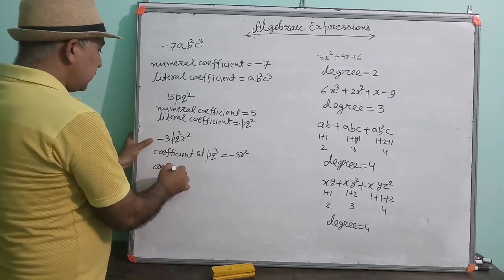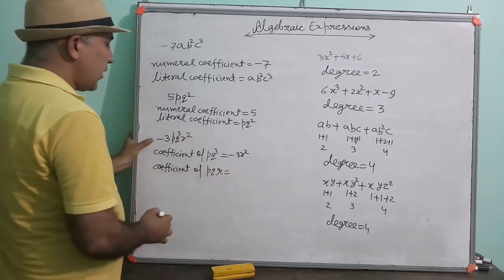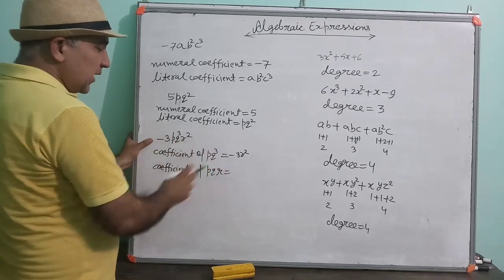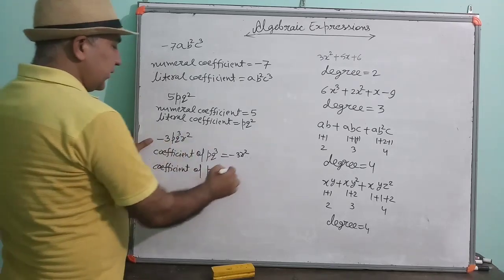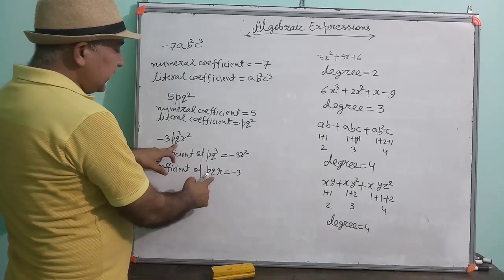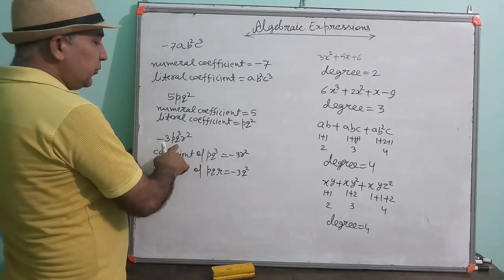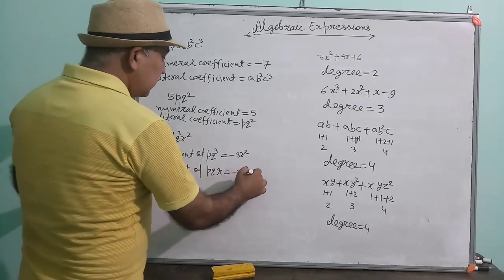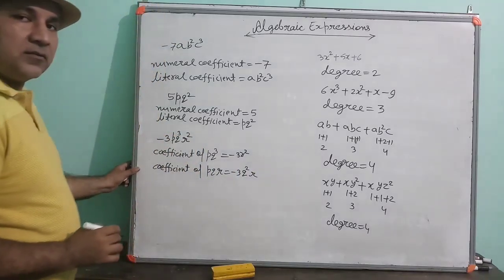Suppose that you have to find the coefficient of pqr. So what are the numbers multiplied to get this one? That will be your answer. Coefficient of this means what will be multiplied with it to get this number. So see here, minus 3 is multiplied. Here is q cube and here is q. So with q square is multiplied, then we will get the q cube. Here is r square, there is r. So with r, we will multiply r to get r square. Is this clear? See one more.